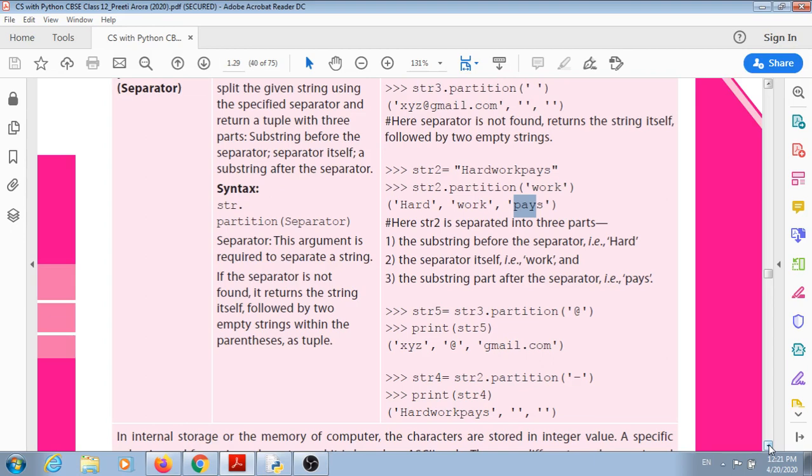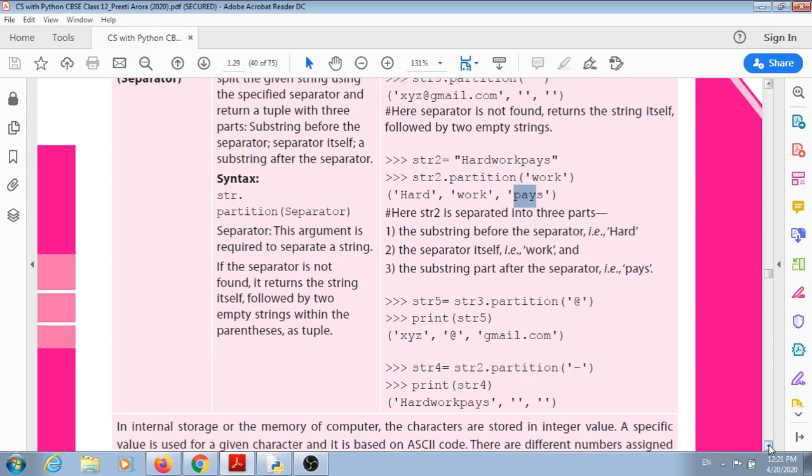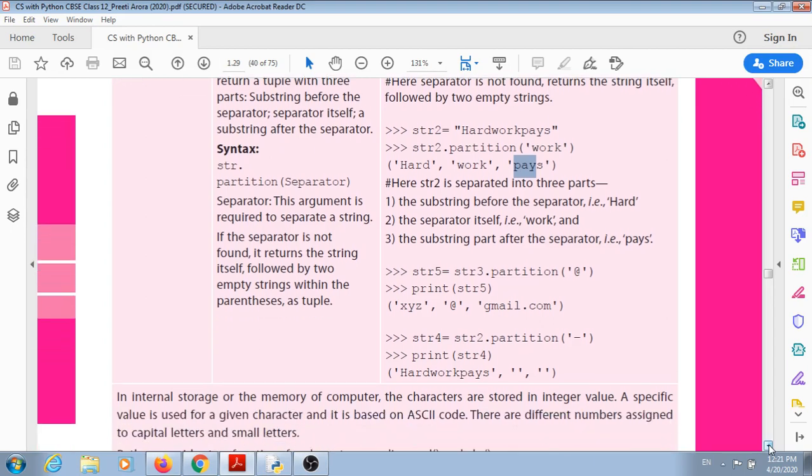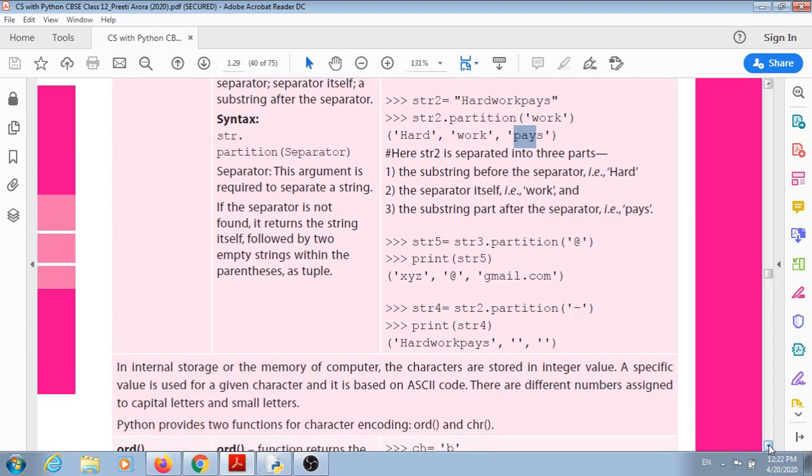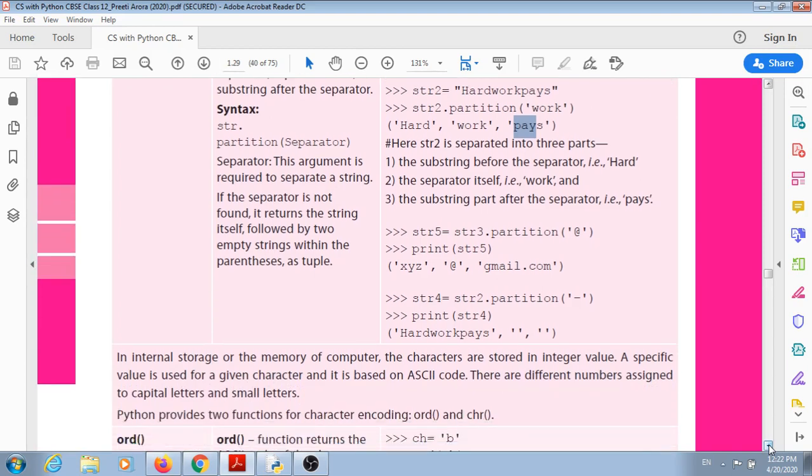It is not of much use, so we will move to the next. In the internal storage of the memory of a computer, the characters are stored as integer values. A specific value is used for a given character and it is based on ASCII code. So we studied about the ASCII code, American Standard Code for Information Interchange.